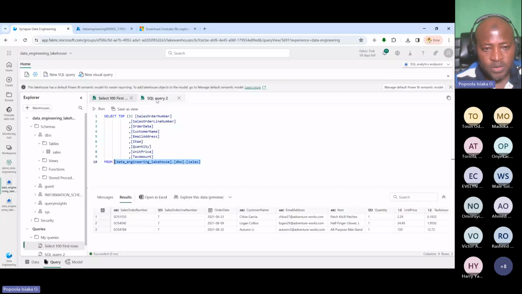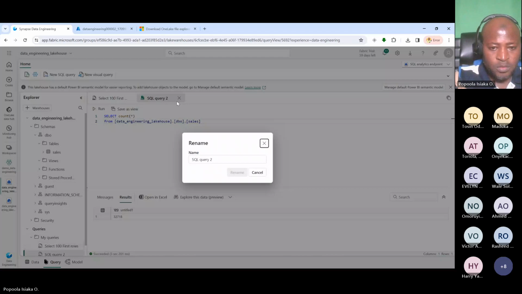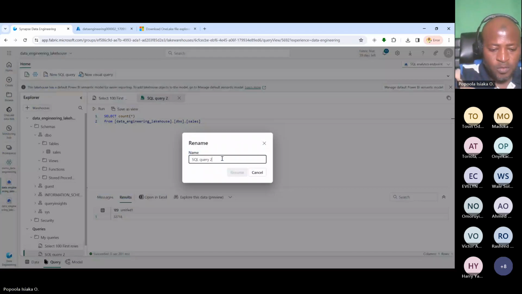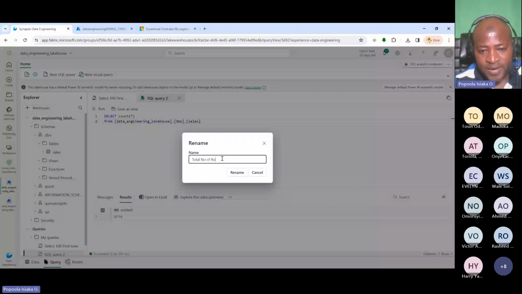This one is what? Total number of rows that is in the data set, right? I click on this. So if I have to do any other thing again, I just come to new SQL